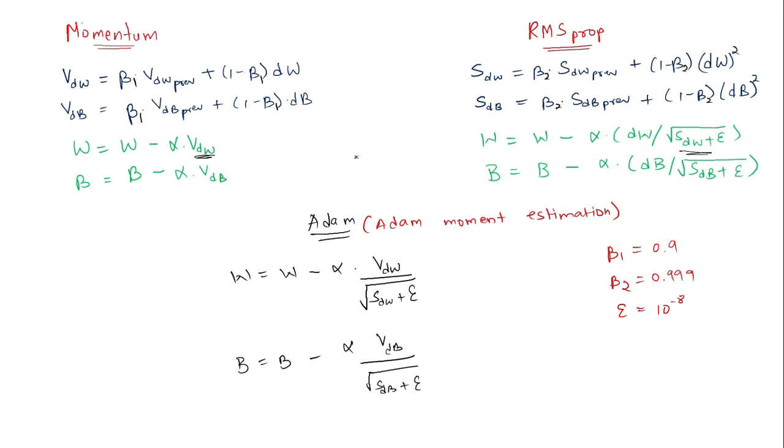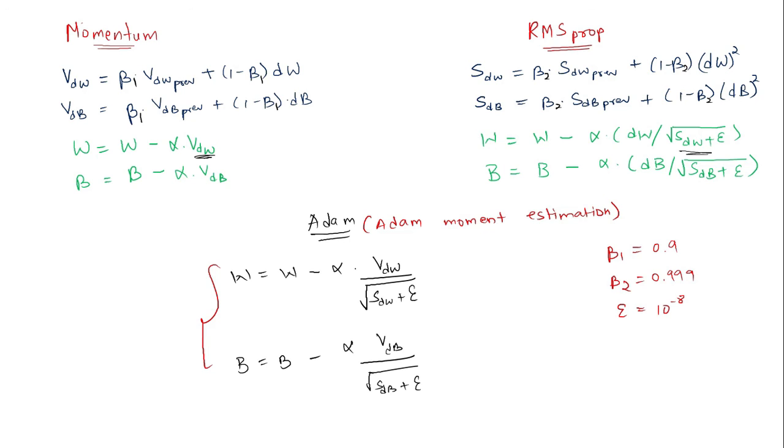As ADAM is formed by a combination of two optimization algorithms, which are momentum and RMS prop, it has the advantages of both these optimization algorithms, and thus the result is better than momentum or RMS prop alone. Thus, it is found that ADAM usually works better than momentum and RMS prop, and it is almost the best known optimization algorithm till now. This way, by using ADAM, we can get rid of that zigzag path, and the resultant path will be much straighter. Thus, by using ADAM, we can greatly reduce the time taken to train our model, and the training will be much faster.